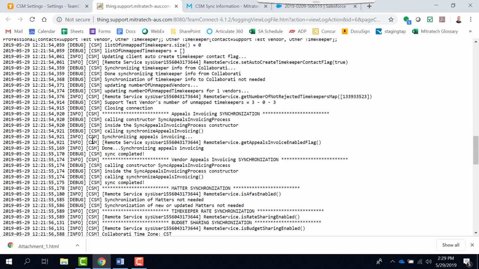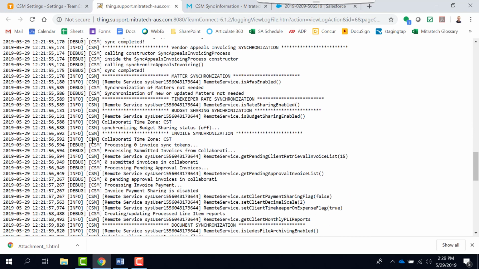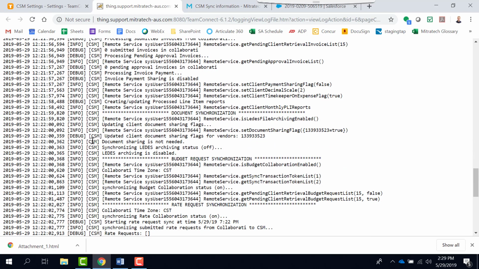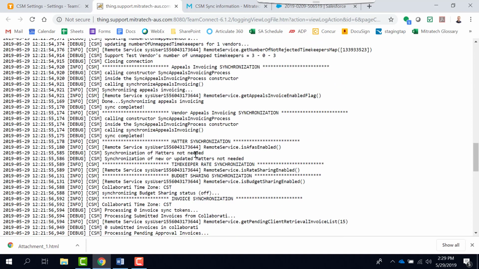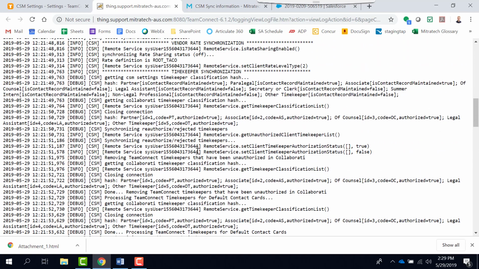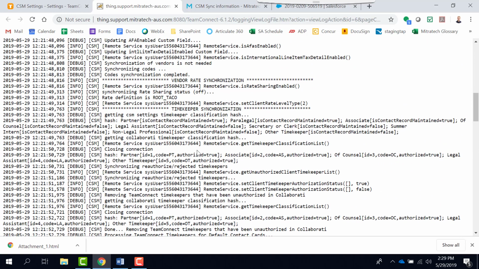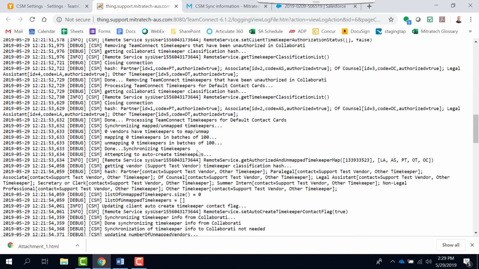Or like that example showed, it was a budget request issue, and so you look at the budget request sync section, you can see that there's an error message there when you look at that log, and you can determine, like we had shown on the vendor section, it will clearly state to you which vendor, which timekeeper,